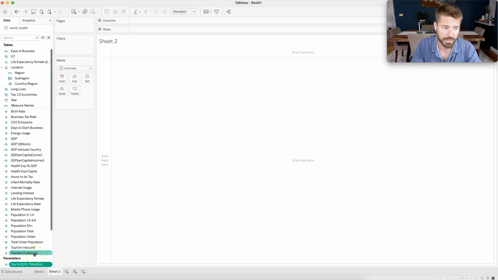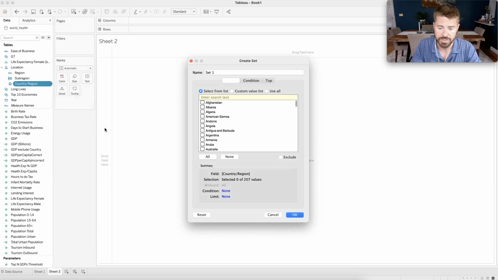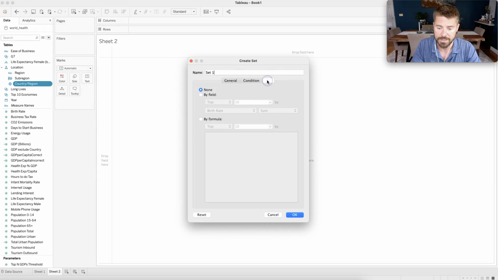It doesn't seem very interesting. Like I said, it's kind of like, well, okay, whatever. But the power comes when we start to do this. So let's go to country regions, create a set, just like before, except we're going to say the top here. And then what are we going to do then? Well, how are we going to do this? Let's go to by field. We'll say top, and then the key here is not a 10 anymore, but say by top n